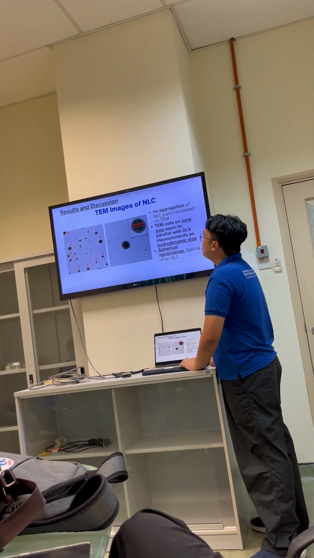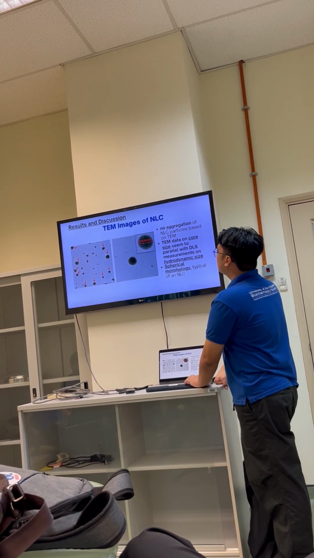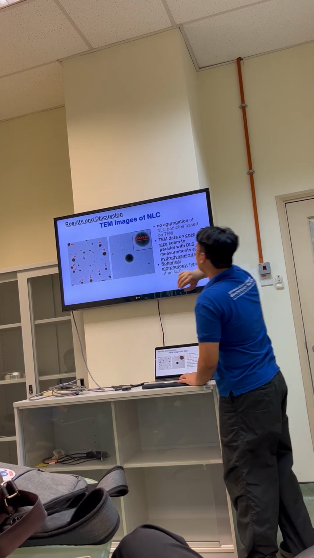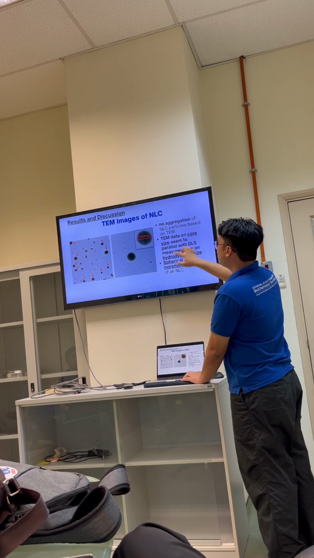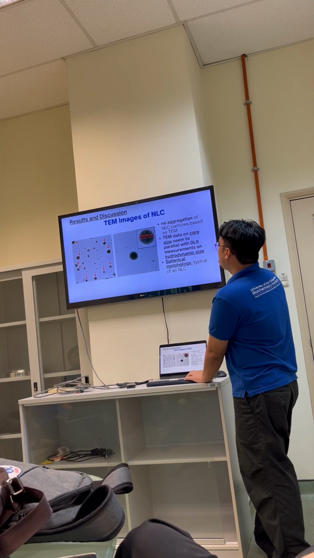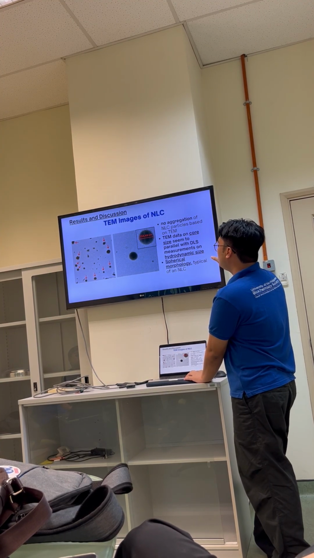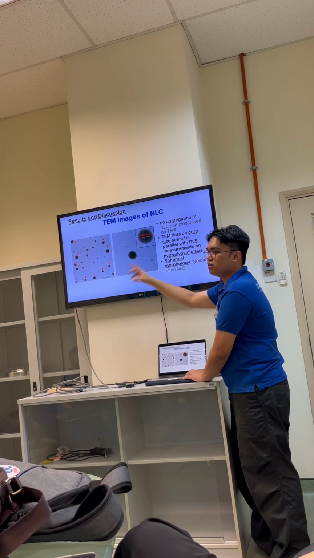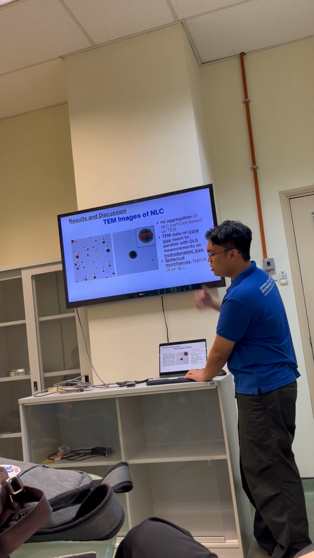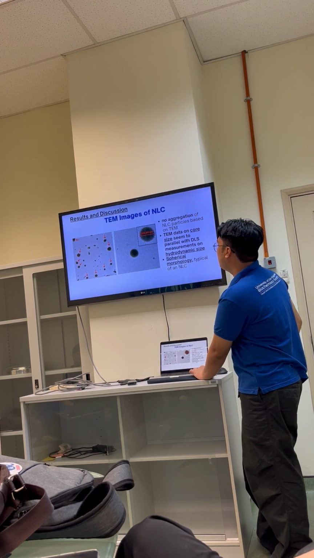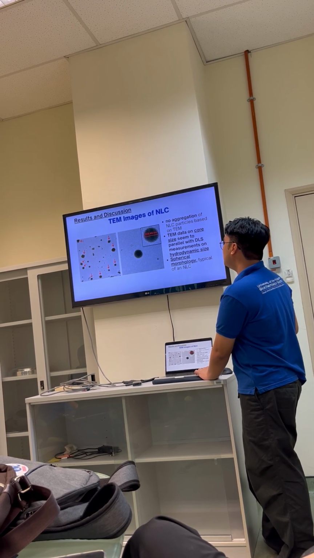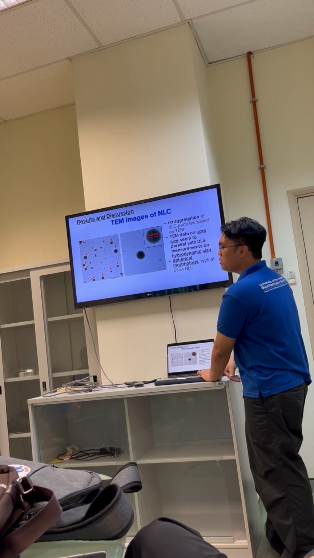The TEM images we got confirmed that indeed there is so far no aggregation of NLCs based on TEM. As you can see here, they're separate from each other. And the size, by simple pixel counting method, seems to parallel the DLS size measurements. I would just want to say that these are the core size because this was done in a vacuum, so there's no water involved. Meanwhile, for DLS, the one that we have done earlier, that one is in solution form. Anyway, they parallel each other. And we can see that the shape is of spherical morphology, typical of an NLC.